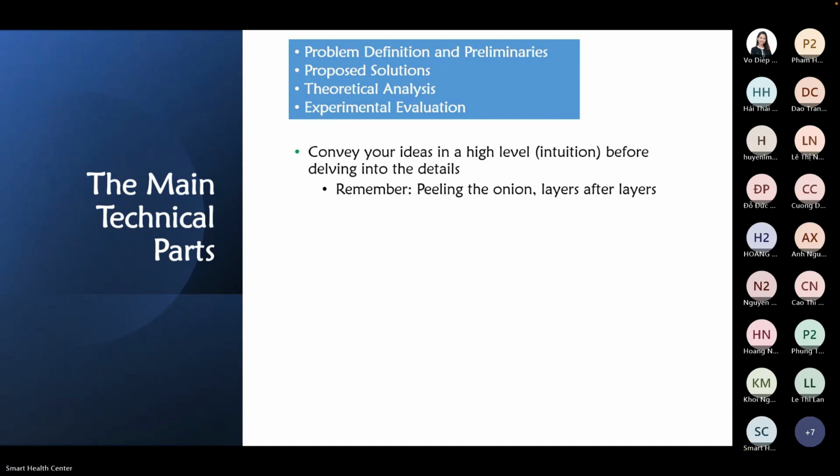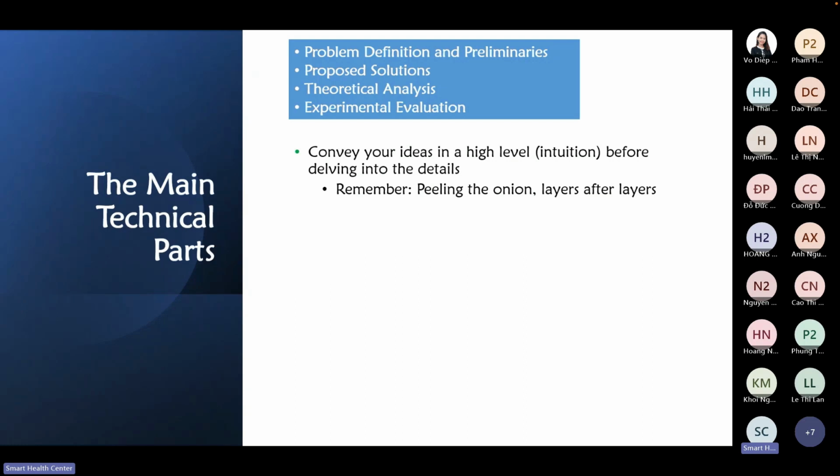All right. So here, let's say you have 5 reviewers. If you're lucky enough, you may have 2 who have expertise and know your problem very deeply. 3 have general knowledge. Of course, they're doing PhDs, so they have general knowledge, but they don't know exactly your field. So for example, you prove some theorem, you think that it's so hard, but you don't mention why, they don't appreciate it. Unless the person tried to prove that before, they will say, haha, this conjecture has been open for years, for example. So you need to first convey your idea at a high level, the intuition of your idea, before you delve into the detail, right?